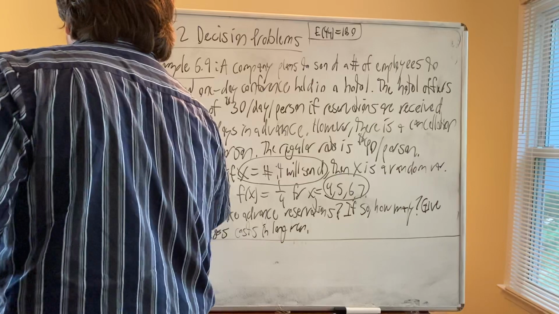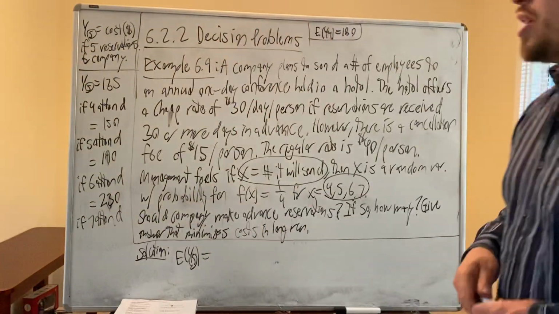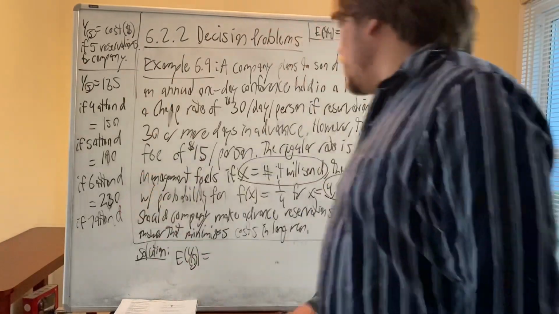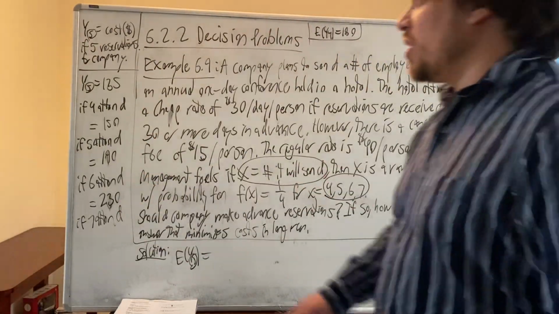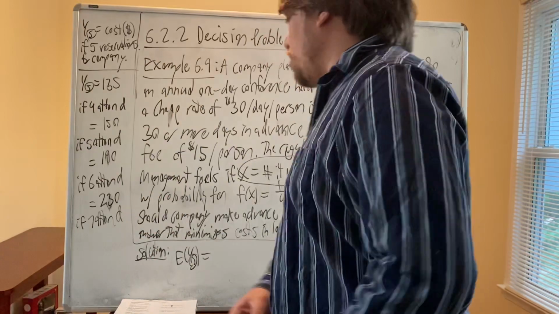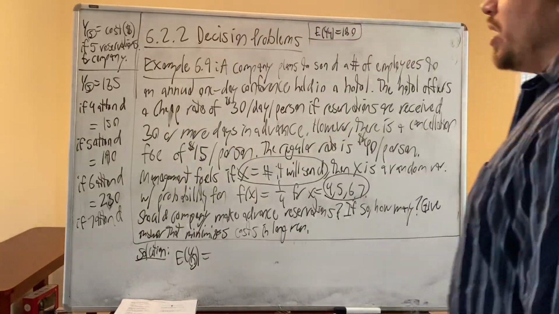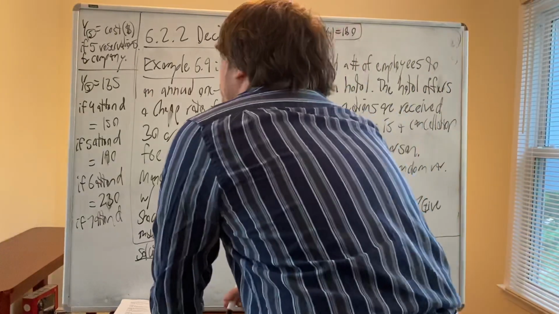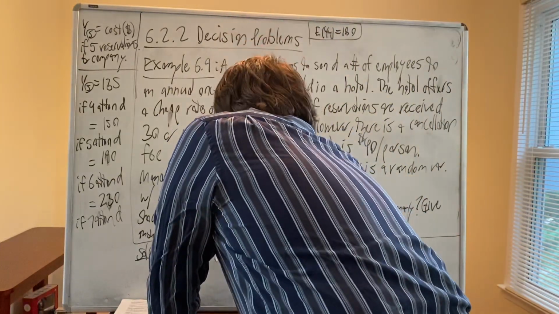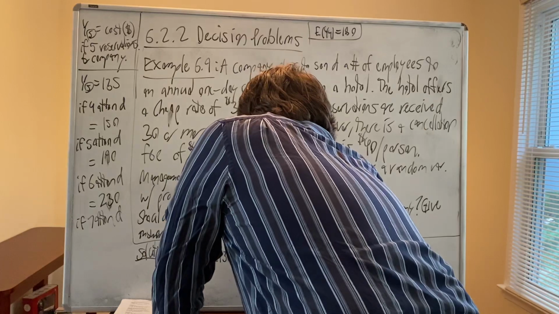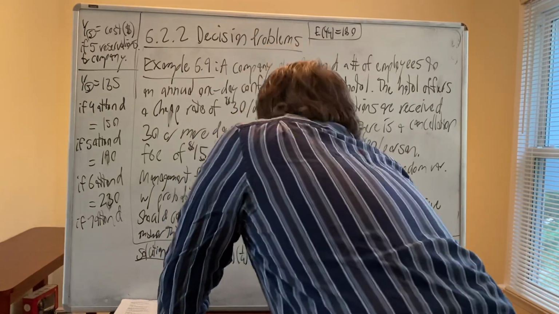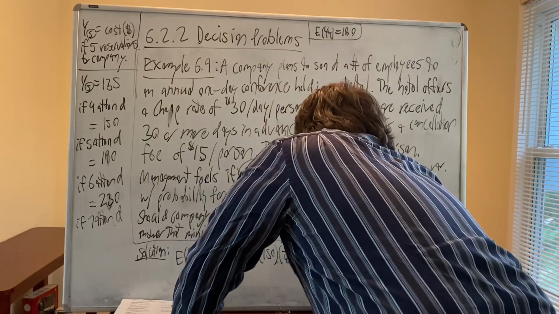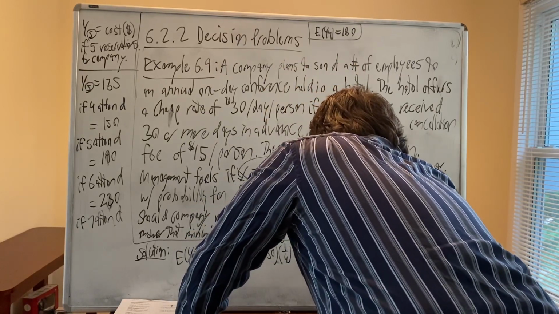Okay, so these are all the possible values of the costs on the company if they make 5 reservations, right? And the probability of each of them is 1/4. So you just multiply each of these by 1/4 and add the products to find the expected value of the cost for the company if they make 5 reservations. So E of y sub 5 is equal to 135 times 1/4 plus 150 times 1/4 plus 190 times 1/4